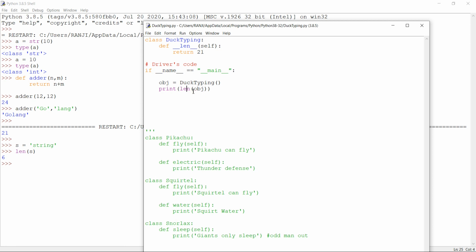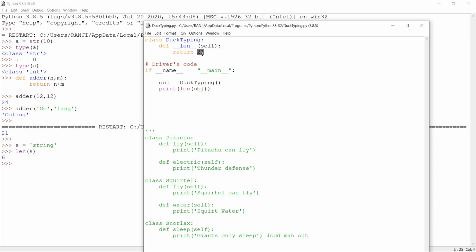So this is not behaving as an ordinary function, because normally it would return the length of that particular string, or how many characters are contained in it. But whenever you write it like this, it is calling the length function which is inside the duck typing class, and it is returning that particular integer, whatever is written there. So this can essentially be considered the way the length function works. Since the object is empty, you are not putting any value inside the object, you are just calling the length function.